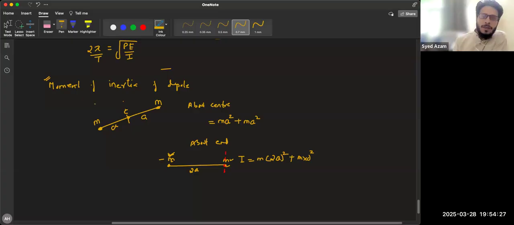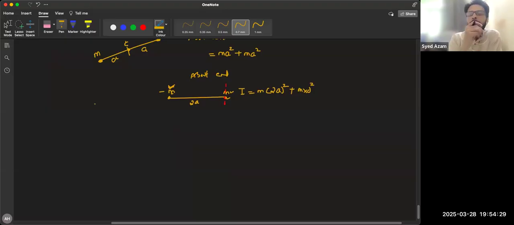After this, there is one more topic, which is dipole in non-uniform electric field. So if I place a dipole in uniform field, what is the net force on the dipole? 0. But if I put this dipole in non-uniform field,